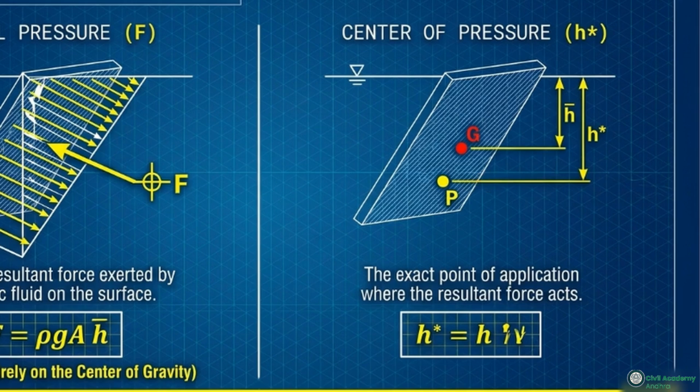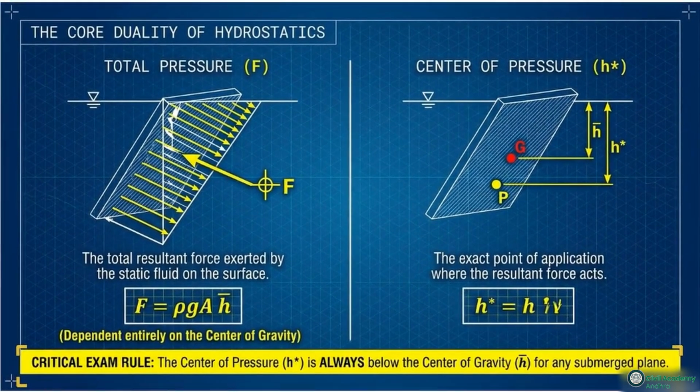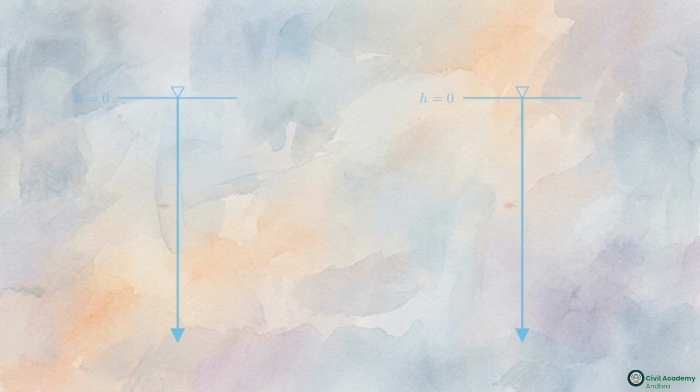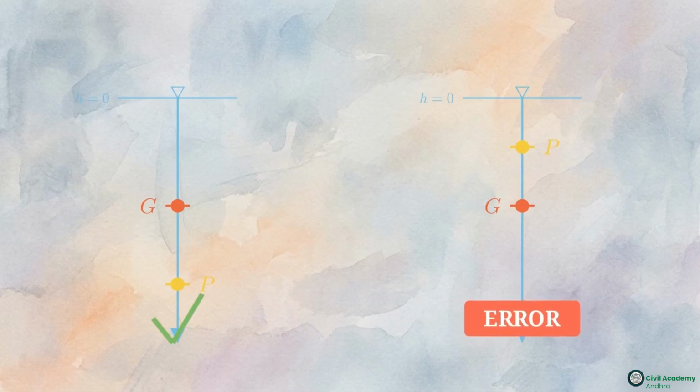surface. Notice the critical exam rule in the yellow box. The red point G is physically above the yellow point P. This is an unbreakable rule for flat submerged planes. This physical reality serves as an error check for your exam. If your calculated center of pressure doesn't sit below the center of gravity, you know immediately that a calculation error